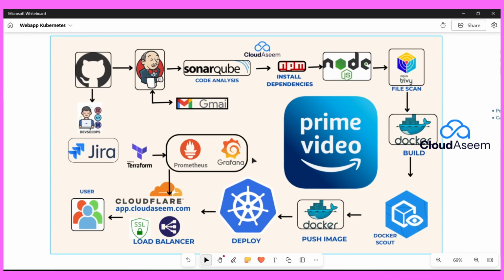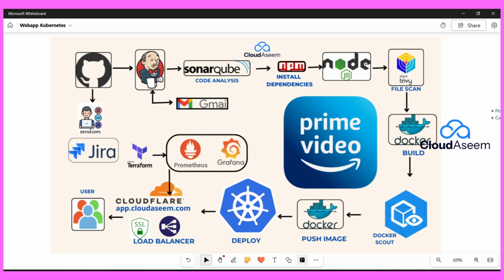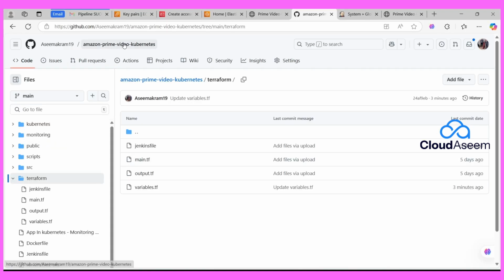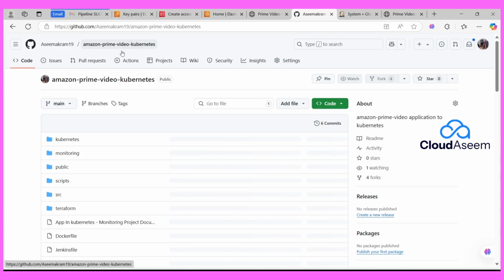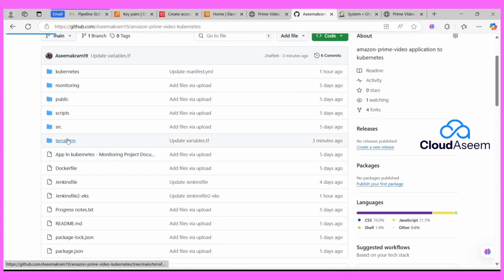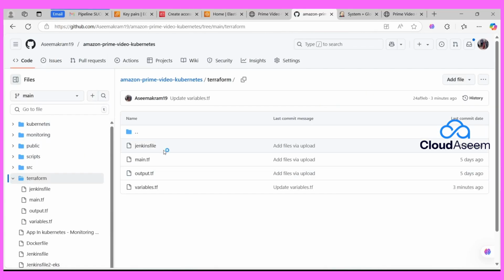Now to create one EC2 instance, which I'm going to convert into a monitoring server, I'm going to use Terraform. So in this case, we are going to use Terraform with Jenkins in order to create the EC2 instance, right? Where is our source code available? If you check on this Amazon Prime repository, you're going to find Terraform. If you check the Terraform folder over here, it consists of a Jenkinsfile, main.tf file, output.tf file,